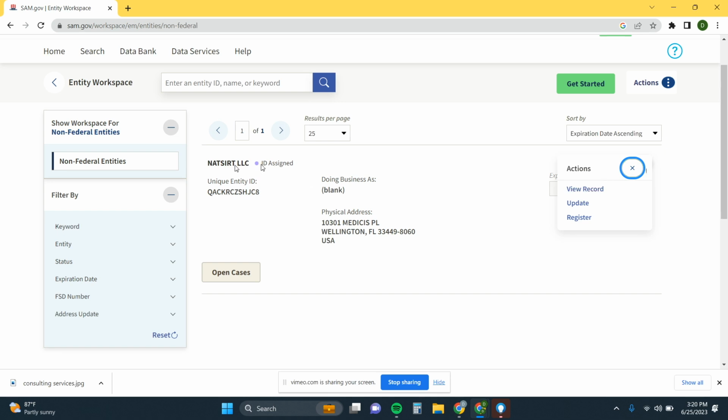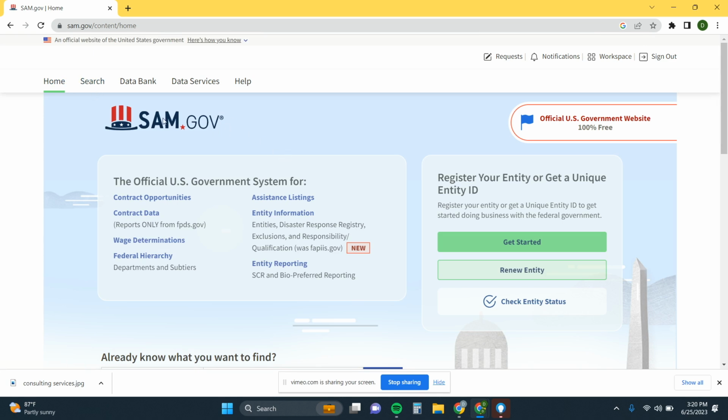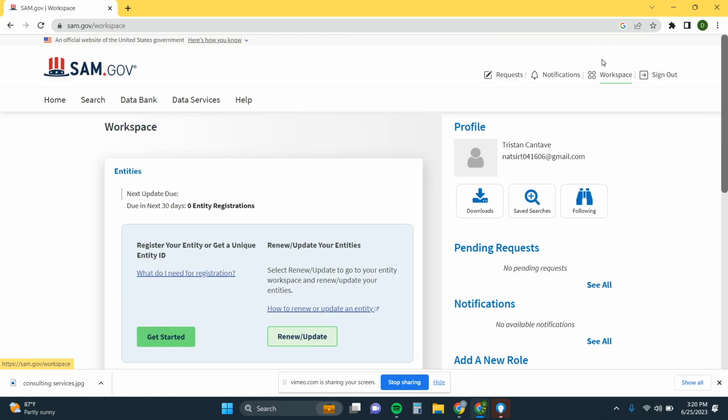We have our ID assigned, but it doesn't say registered. It just says doing business as blank, unique entity ID. So we want to come to our workspace. For those of you who are unfamiliar, you would log into SAM. It would look like this. Make sure this says sign out so you know you're logged in. You click here, it says workspace,